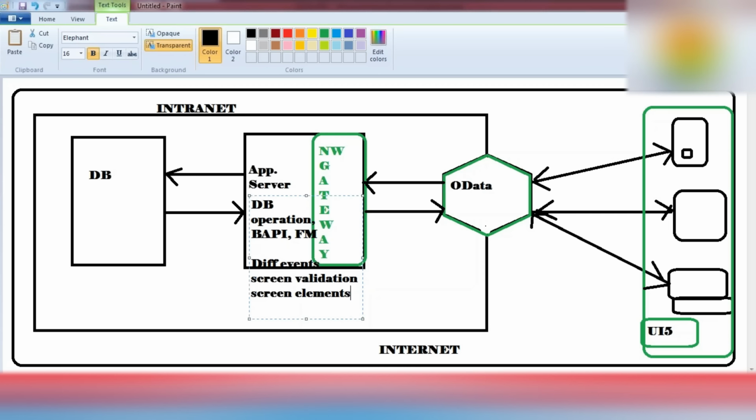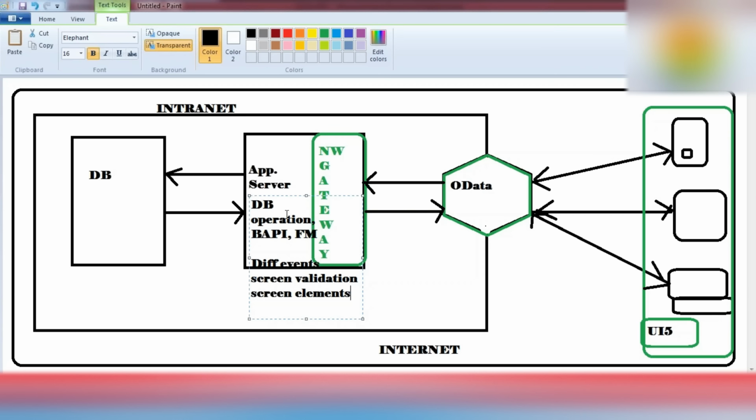Screen elements are nothing but radio buttons, text boxes, check boxes, input files, carousels, graphs, a lot of things. So these events and screen validations were all running in the application server.